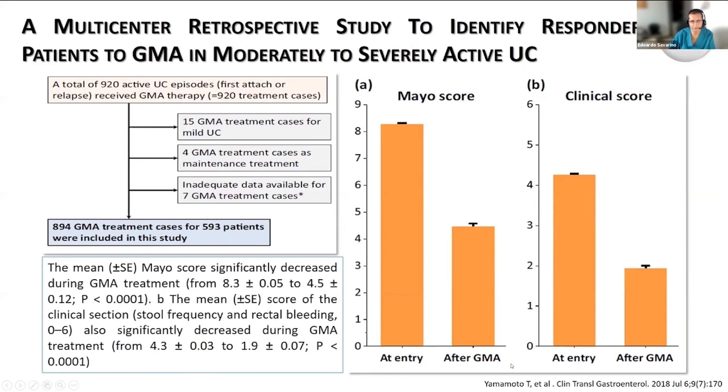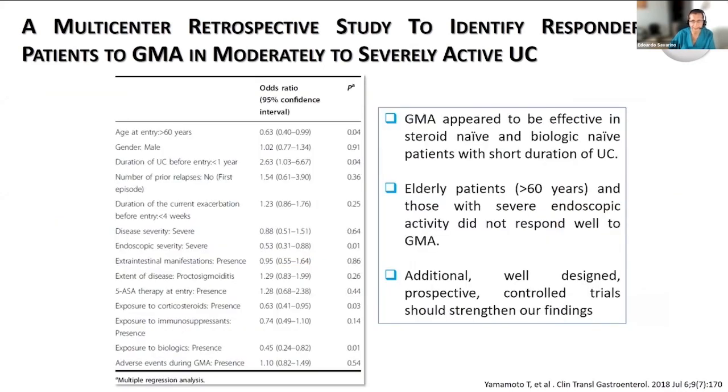both as regards the Mayo score and the clinical score, are extremely good and confirm the validity of this method in clinical practice. The safety data are also certainly good. The only thing from this registry, it has been underlined that perhaps the less responsive population is the elderly or the one with an excessively severe endoscopic activity. So the authors suggested focusing more on patients with mild or moderate disease, or in any case on those intolerant